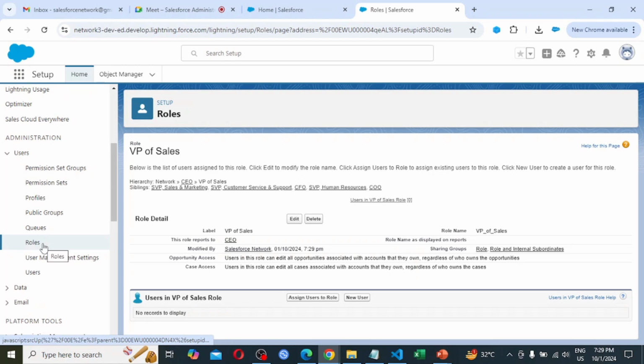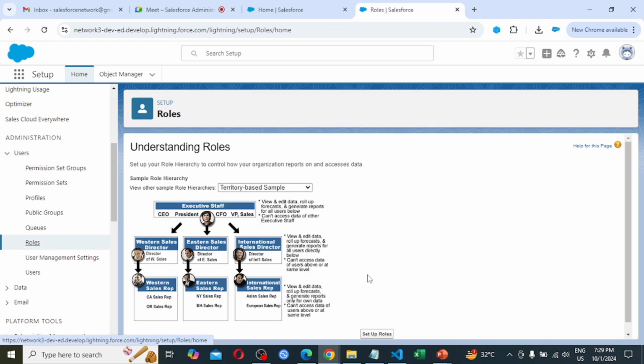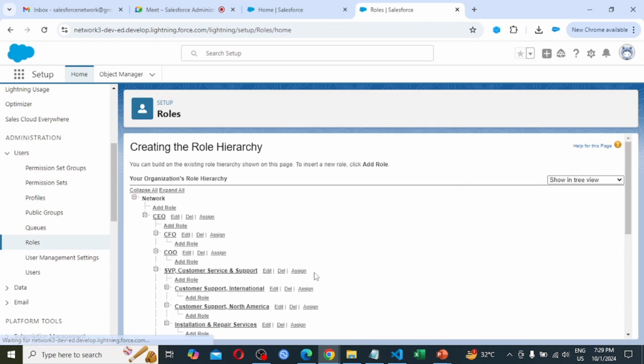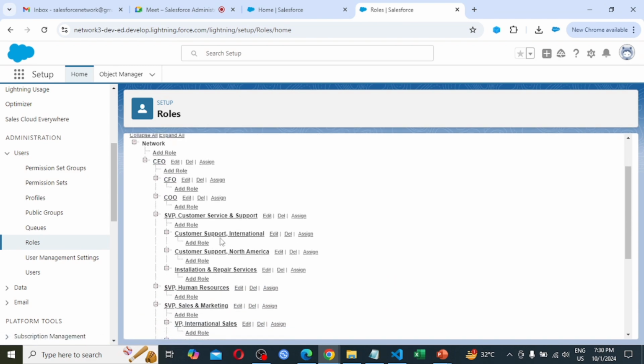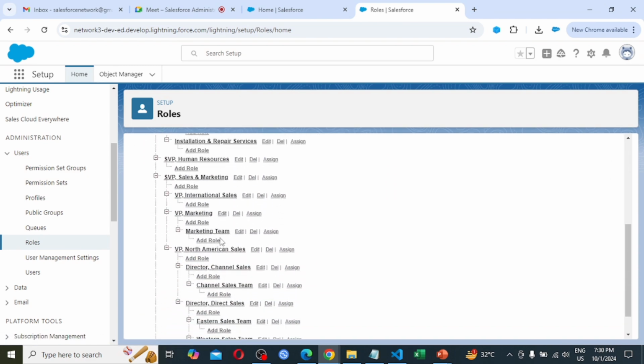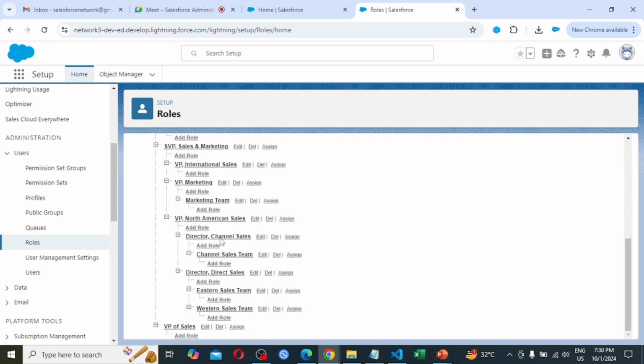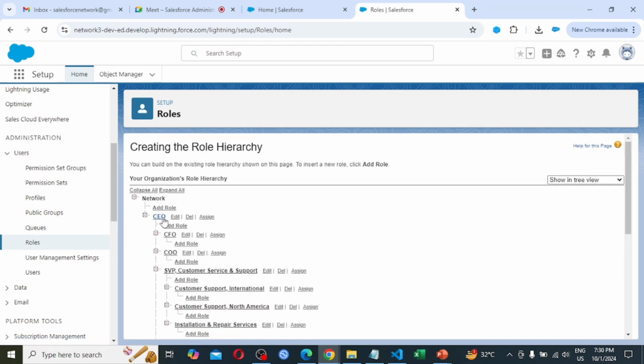So again clicking on roles. So see, where it's coming, VP of sales. Yes. So we have created it under CEO. So CEO is having some of the role hierarchy.